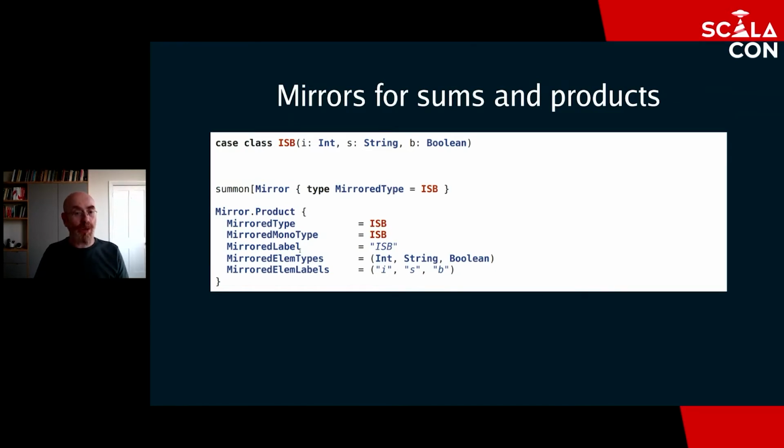And this is quite an important feature of this design, because one of the things that we aimed to try and do was make the footprint that mirrors have as close to zero as possible. So bear in mind that the mirror infrastructure is something which the Scala compiler is going to be providing for every single case class, every single sealed trait with a companion object. This has to be something which is very, very lightweight. And what is more lightweight than a type? This is something which exists at compile time. It's something that we can work with at compile time using type-level programming techniques,